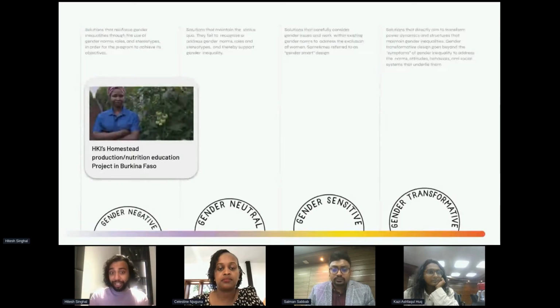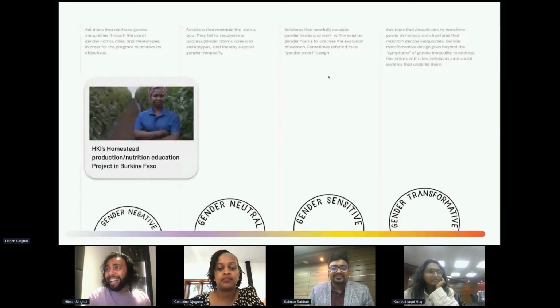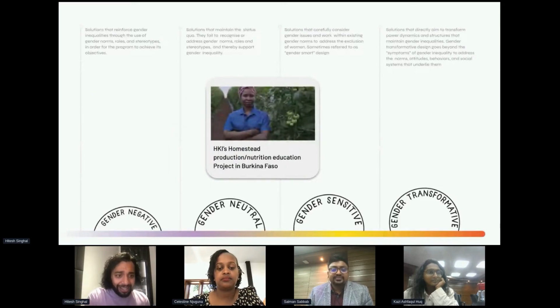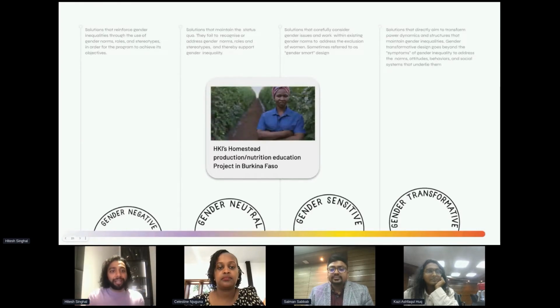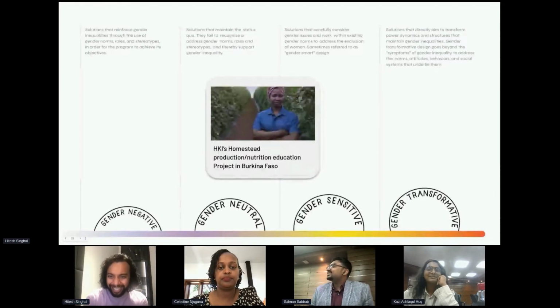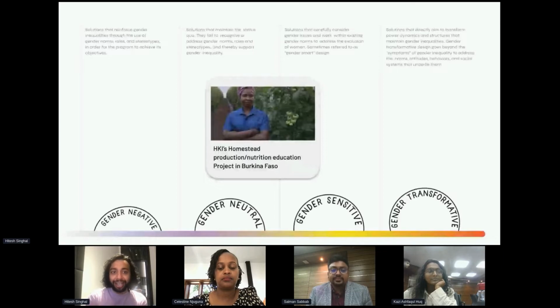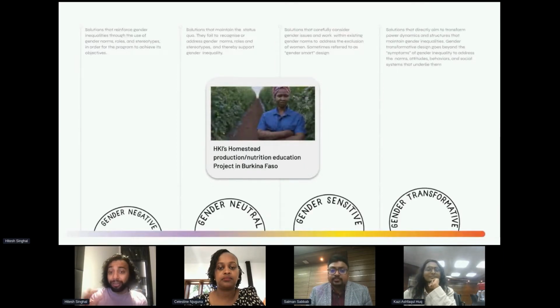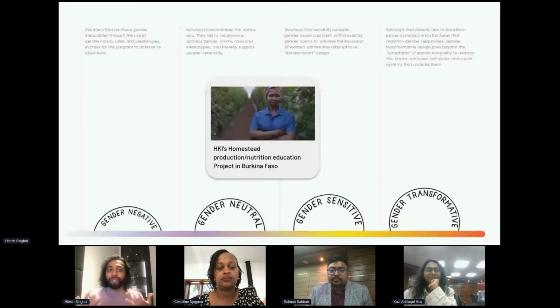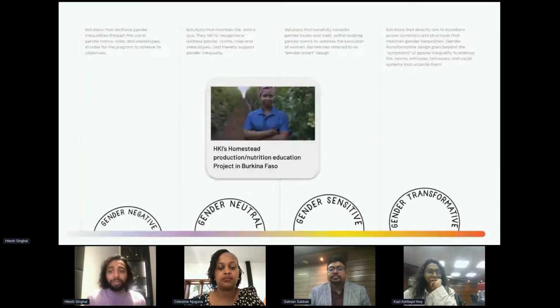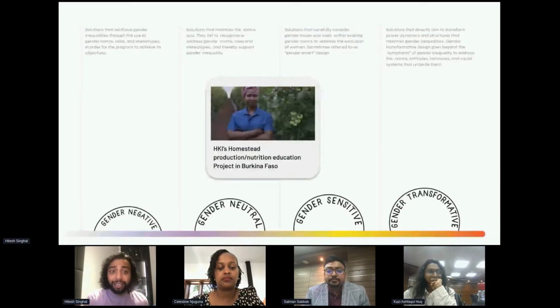So they had a personal check-in, all of them, and they redesigned the program, which got them to a slightly more gender-neutral space. They learned that it's really important to engage women actively in production, not just nutrition education. They redesigned their program to target women especially. They found out that women are not really allowed to own land, and don't have access to technology, information, or literacy to even start practicing modern techniques of agriculture.